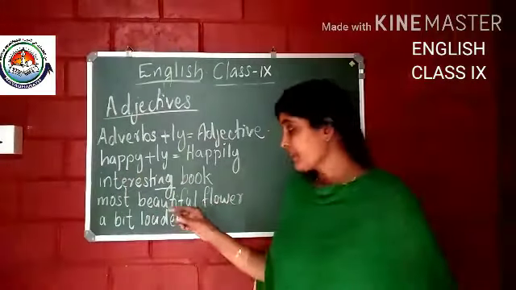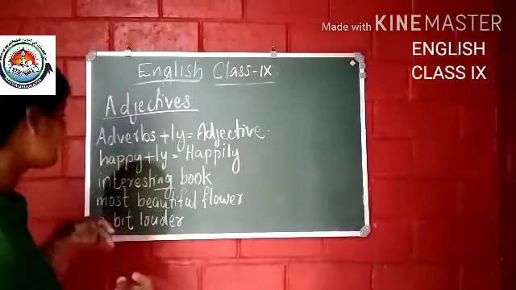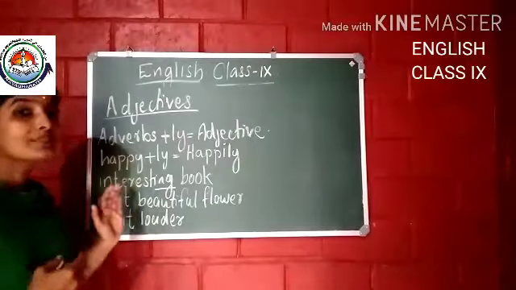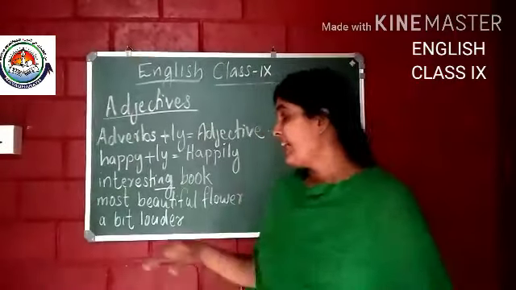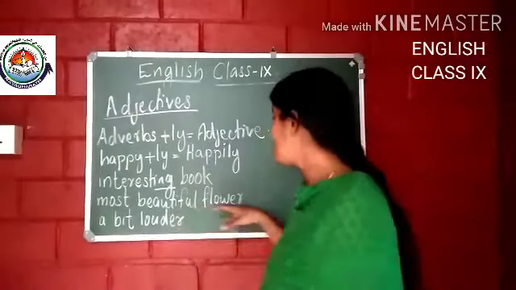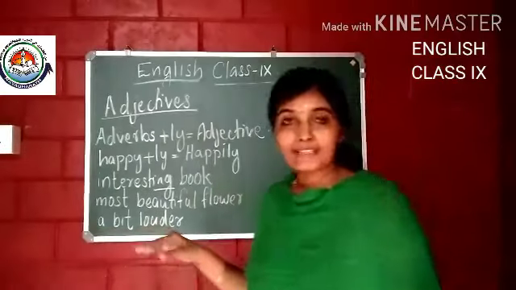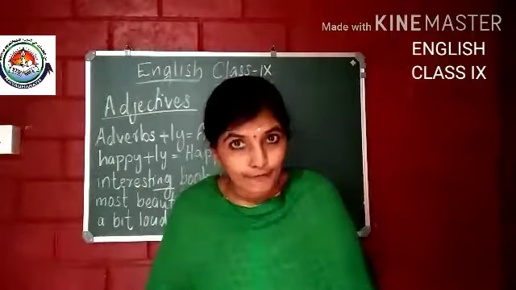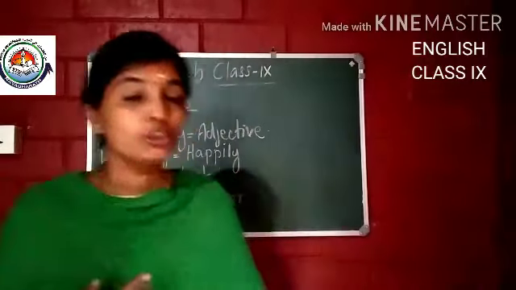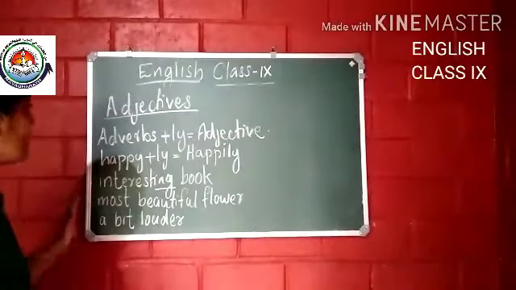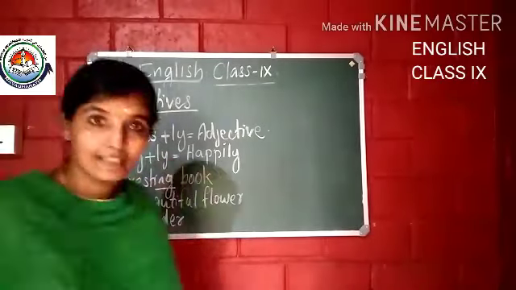And then the one which we have to discuss, related to the lesson, is by using the comparative or superlative degrees. The examples are the most beautiful flower, a bit louder. When we add them into a sentence: Rose is the most beautiful flower. Can you speak a bit louder? Those things are also a part of the lesson, and these are also a part of the adjectives.